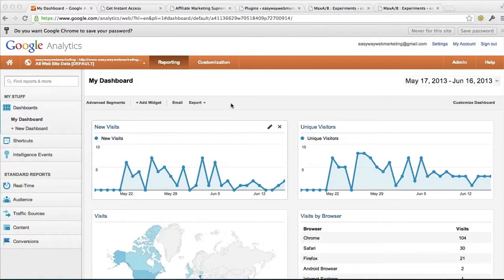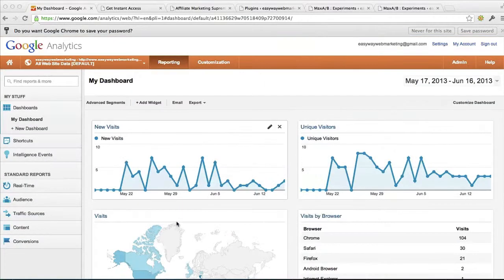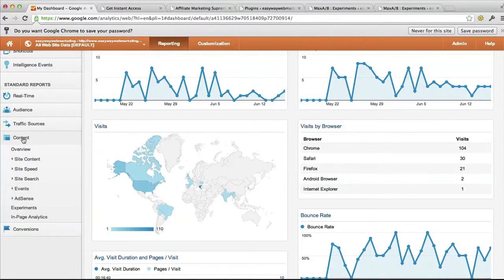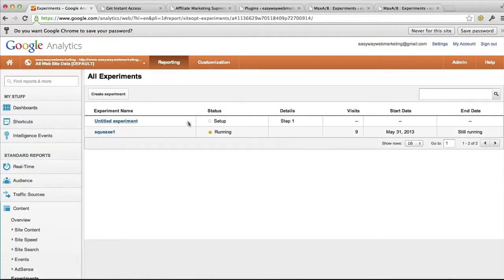Okay, so we're going to start with the HTML version in Google Analytics. You should actually have it installed anyway because it's good for stats, see where the visitors come from, what browser, and a lot more. So anyway, we go here on the sidebar to Content, and we go to Experiments, and you can see that I have already a campaign running here. It's pretty new. I have 9 visitors and it's still running. So we're going to create a new one,